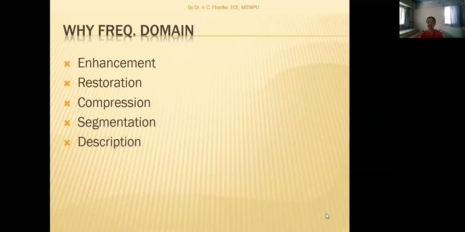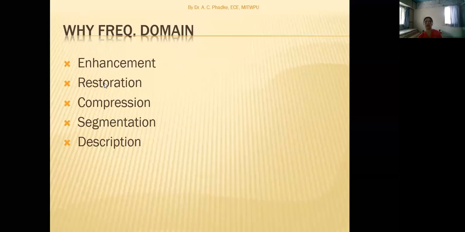Notch filter basically attenuates signal of particular frequency. So designing a notch filter becomes very easy in frequency domain. We can transform the image to frequency domain, then attenuate that particular frequency, and after filtering we can again transform the image from transform domain back to image plane,